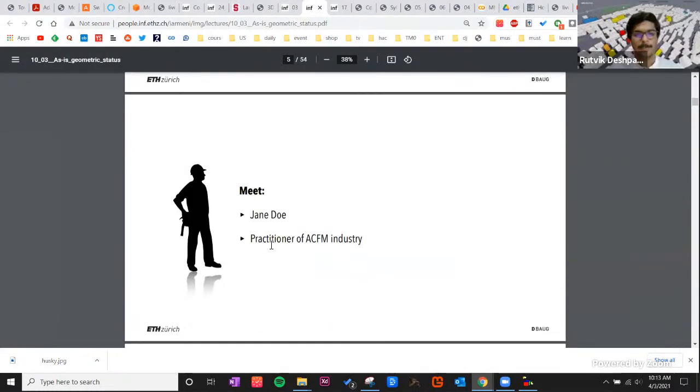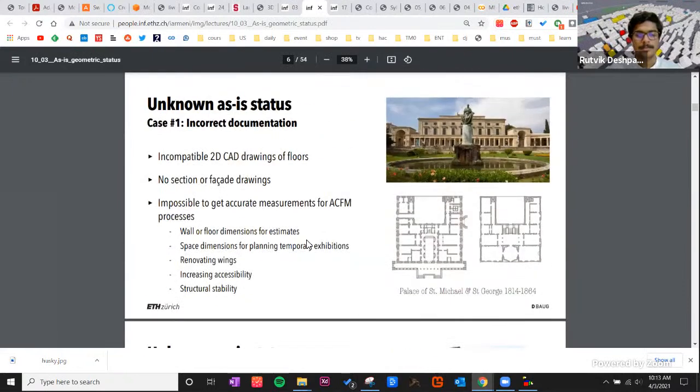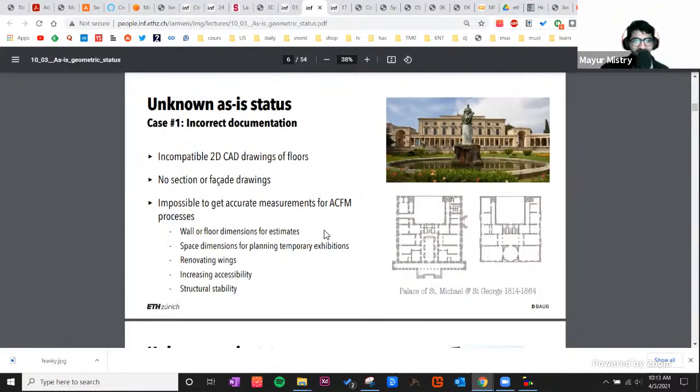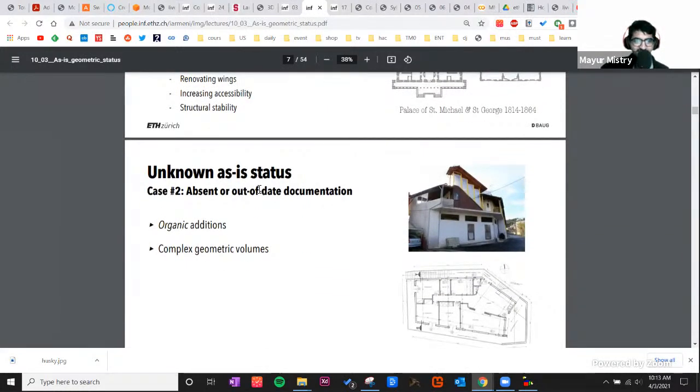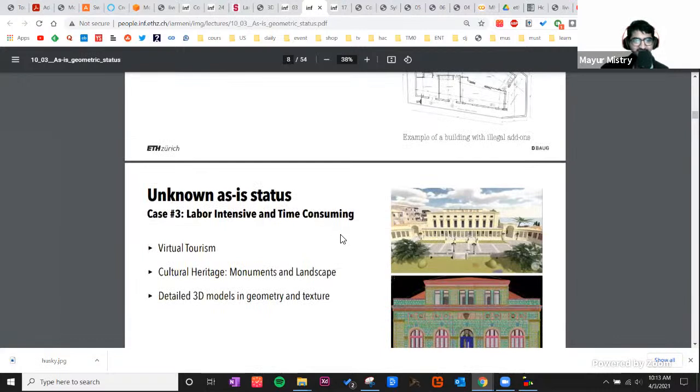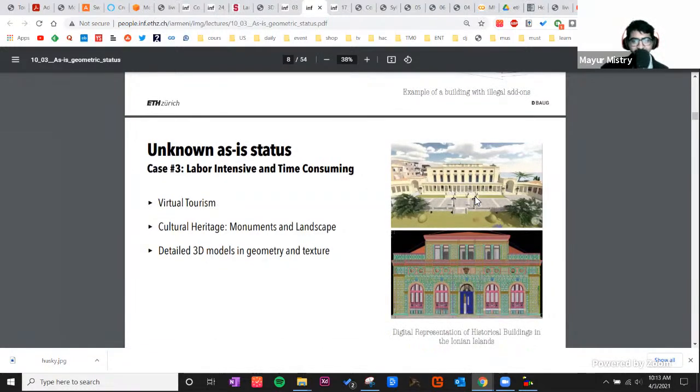A few of the problems they are sharing are incorrect documentation of existing as-built, sometimes out-of-date documentation. If we want to do 3D reconstruction using images, it's very labor intensive, time consuming,